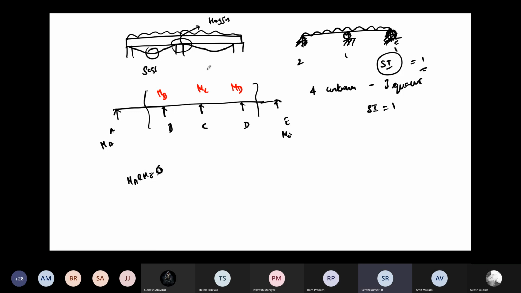This support moment, either you can go for slope deflection method or moment distribution method. That is one option. And another, easiest option to find three unknowns only. So the three moments, for that we are having one equation that we will derive now. How that equation comes, the Clapeyron three moment theorem, that we will derive. So based on that theorem, based on that equation, easily we can find these support moments MB, MC, MD.